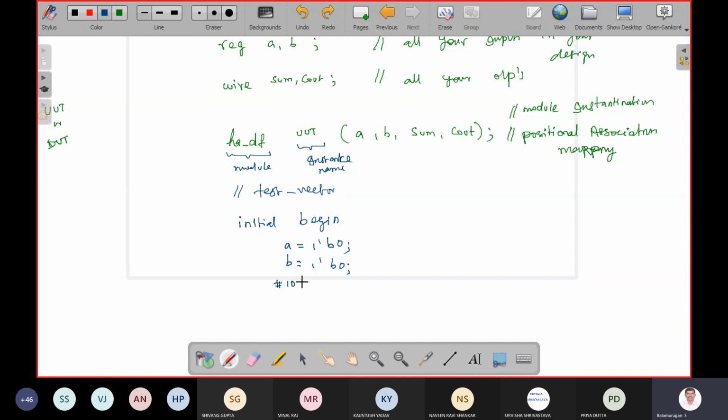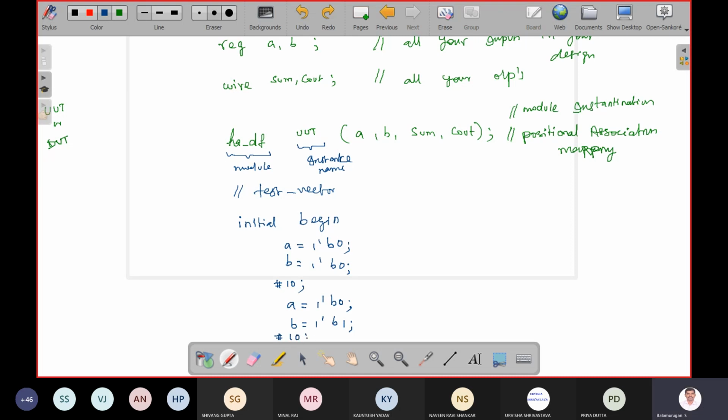I give it 10 nanosecond, 10 time units. Okay, then I am going to give the next input. A is equal to 1 bit binary 0 and B is equal to 1 bit binary 1. That is 0 1. Wait for some time.